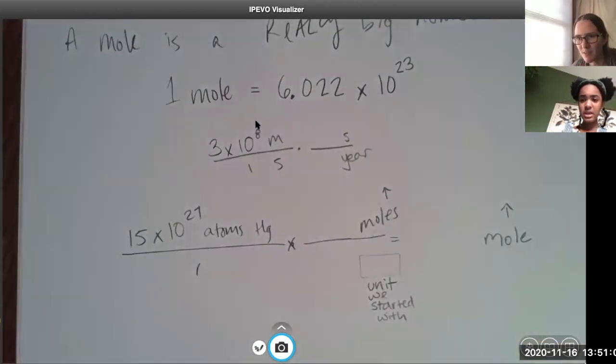Would that be the 15 times 10 to the 27, or would that be a different unit? I like where you're looking. That's the start spot. The unit is the words. Oh, so like atoms, which one is it? Atoms per